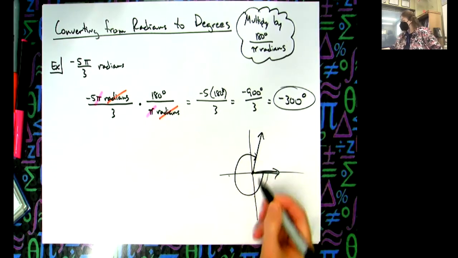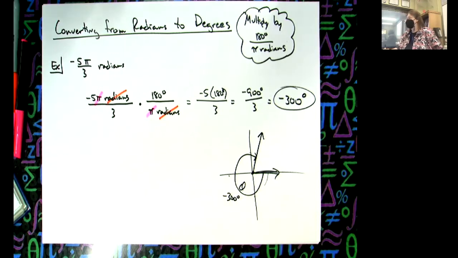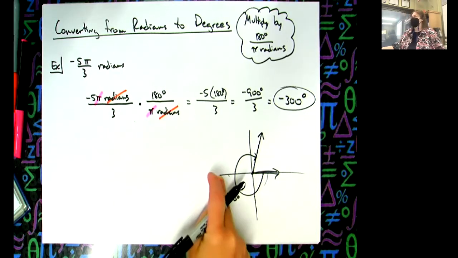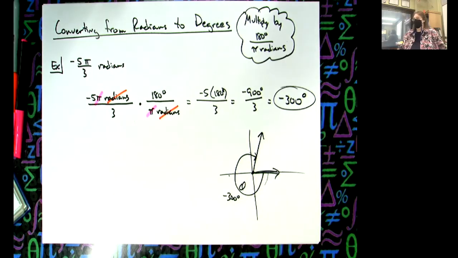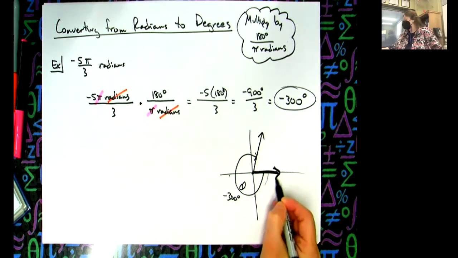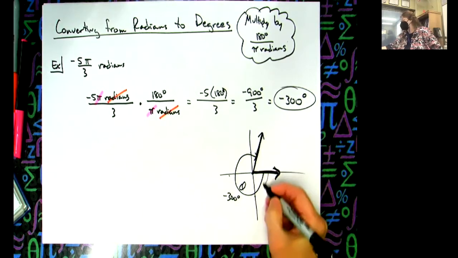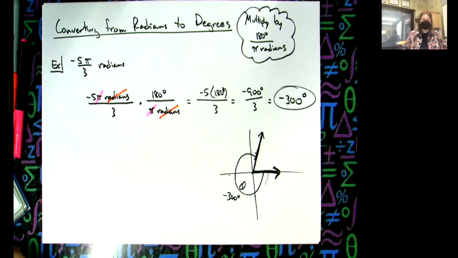Orientation would be going this way for my theta, and that would be negative 300 degrees. Did I do that right? 90, 180, don't let me make a mistake, 270, a little smudgy bit more. Okay, my math is smudgy bit more. Rough estimate. Okay, so that's what that angle would look like. Your initial side would be here, your terminal side would be here, and the orientation would be clockwise. All right, I'm going to do